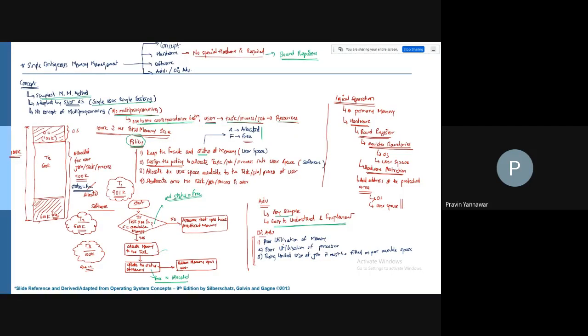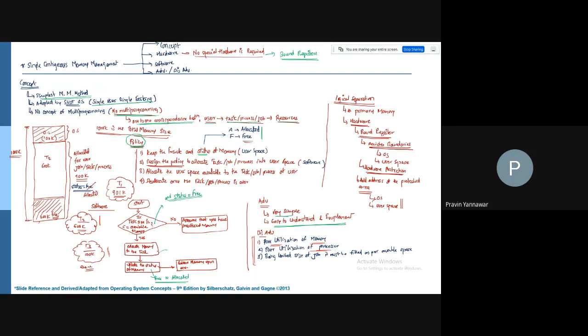These are the points: poor utilization of memory, poor utilization of processor, and since the memory is limited, the limited number of jobs must be fitted as per the available space. So this is the case. But the problem which we have here is that we have allocated T2 and we have T3 in pipeline. So T3 is of 100K and 300K is available here. So here the poor utilization of memory is being observed.